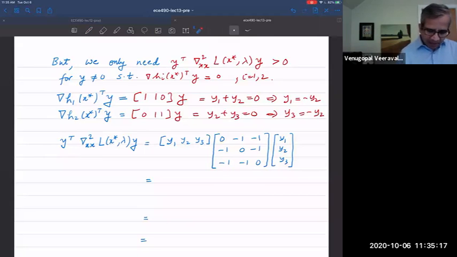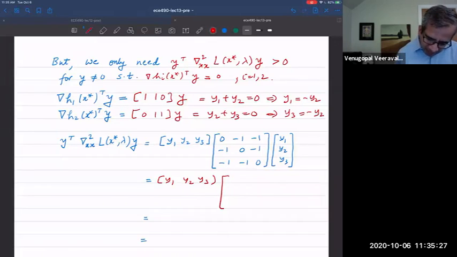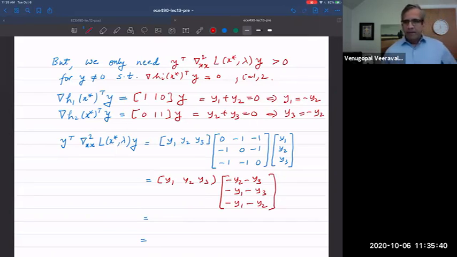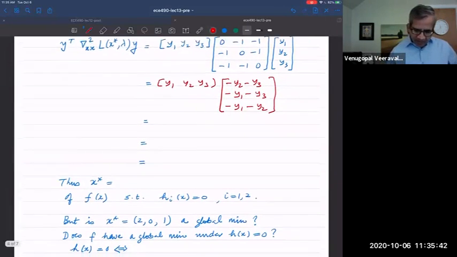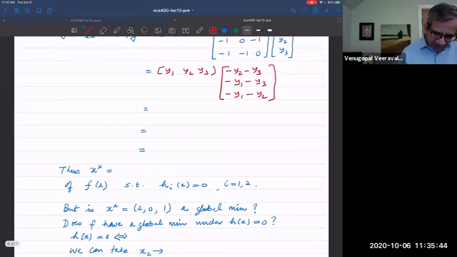So you multiply that out, you get times the vector minus y2 minus y3, minus y1 minus y3, minus y1 minus y2. Okay, you multiply all that out and you get, it's easy to see that this is minus 2 times